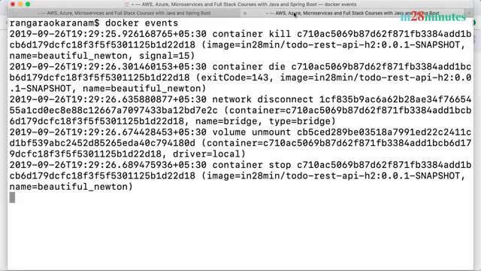Now, if you go to the next tab where we have Docker events, you can see that a lot of events are happening. The Docker events helps us to see what events are happening with Docker. You can see that this container is now being stopped. You can see that this container has disconnected from the network. You can see that this volume is unmounted. We'll talk about volumes a little later.